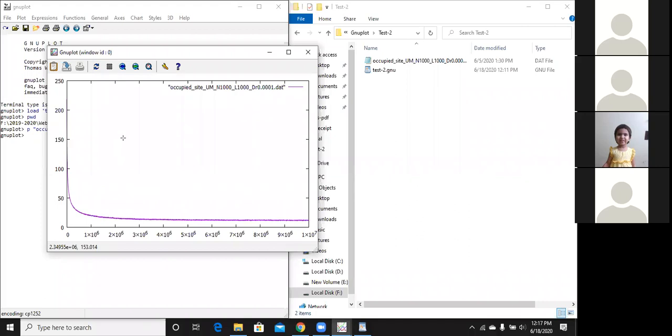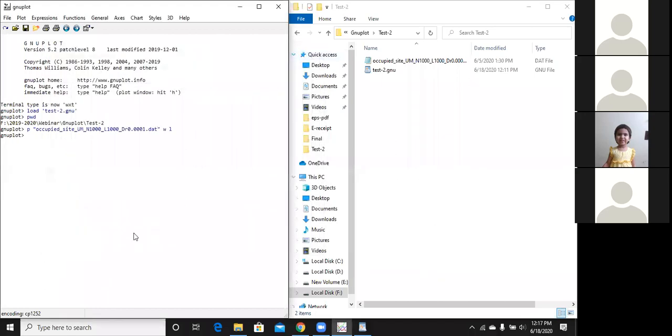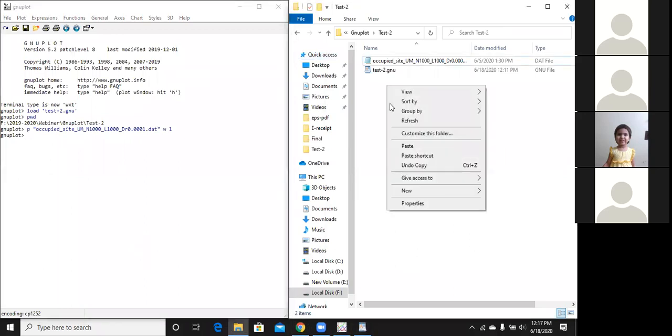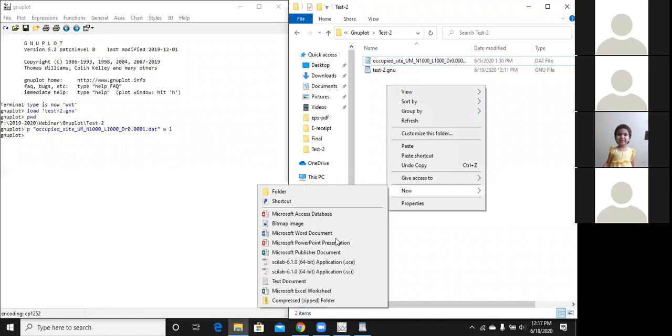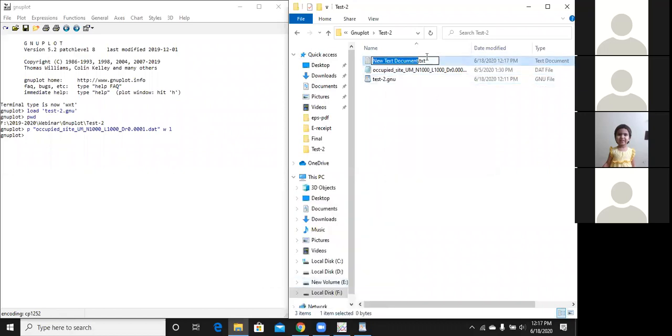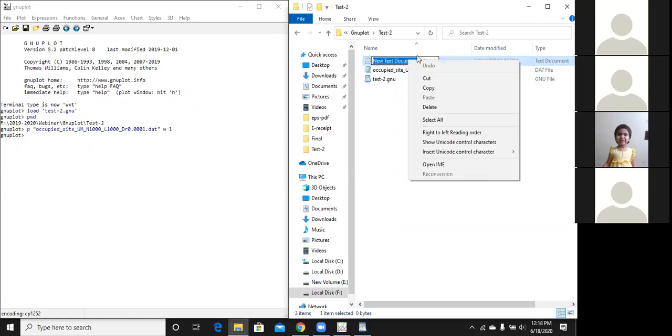So I will request everyone to plot a data file, whatever you have, or if you don't have any right now, I can share it in classroom. We can just make a short data file. You can make that. Let me just close it. If everyone can hear us, let's just create a new text document. .txt is fine.